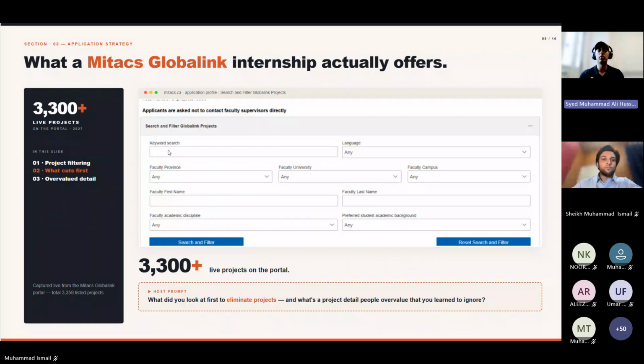I would go through the keyword search. I would go through multiple projects. I would look up the professors. All the professors' profiles are almost always available either on Google Scholar, or they have their own websites as well, or on the university's website. So I went there, I looked at them, I saw what I resonated most with, and that is how I started selecting my projects.